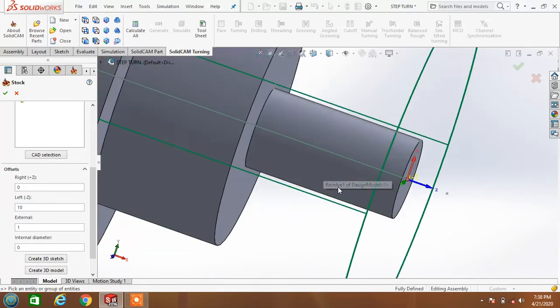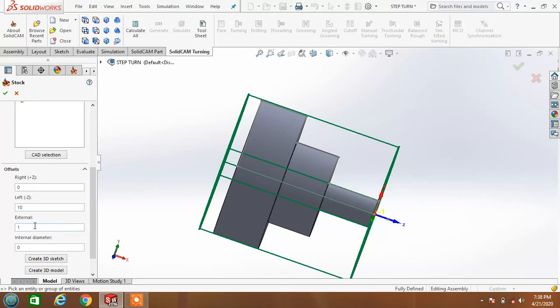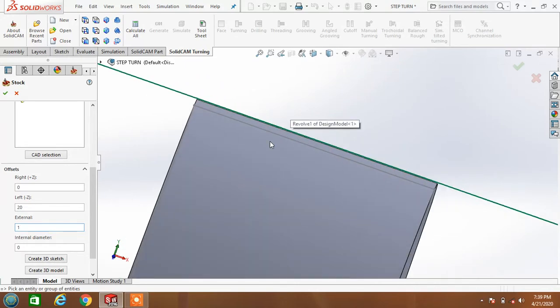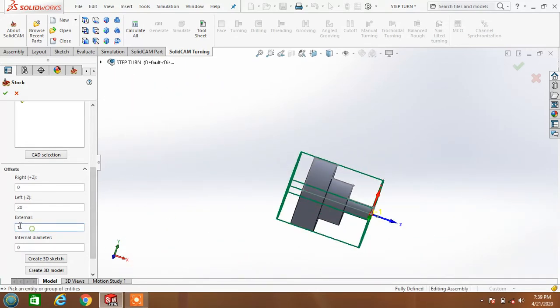If I put 0, there is no allowance on the right side, but I give the left side 10 mm because the chuck is fixed on the left side only. Or you can give 20 mm also, it's your wish. For the external diameter it has 1 mm. Okay, I give 3 mm.